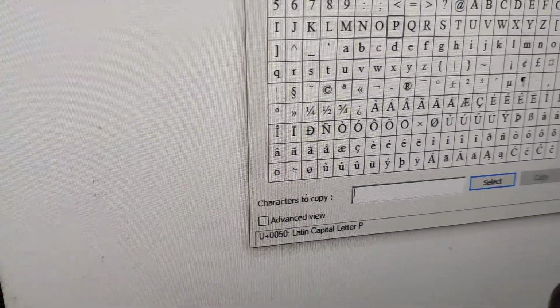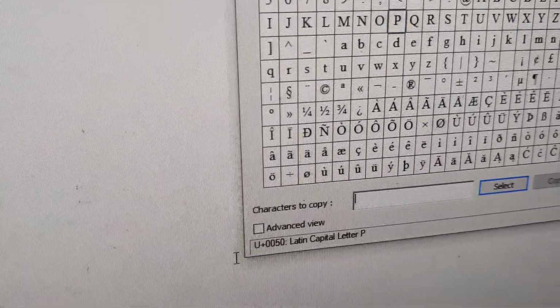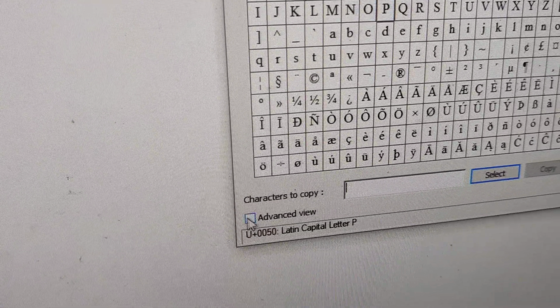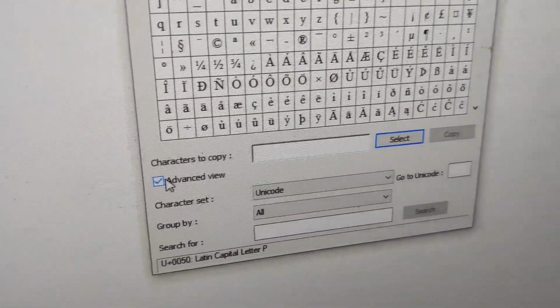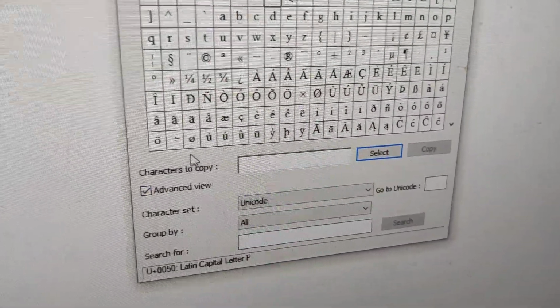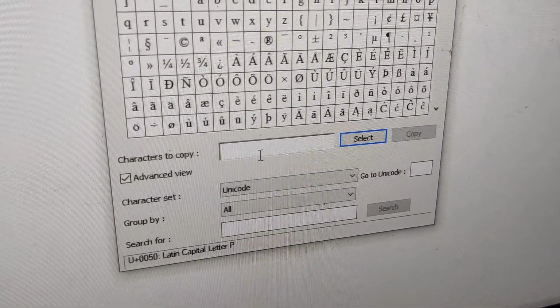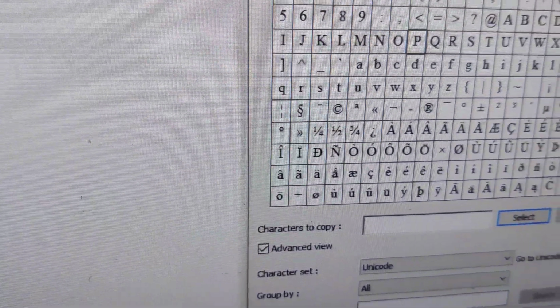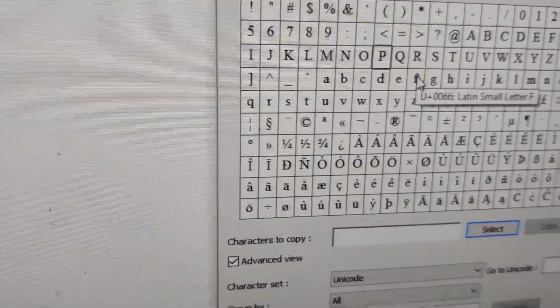In this video we discuss how to open the advanced view option. So if you want to open the advanced view, you must simply click here, then you can see that a tick mark arrived, and here we can see plenty of options available. For example, if you move your mouse closer to this small letter F, then you can see that the Unicode is